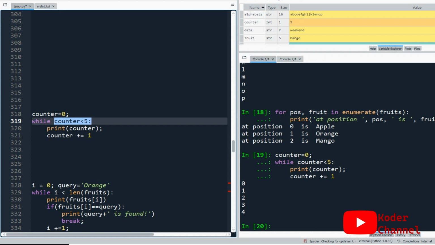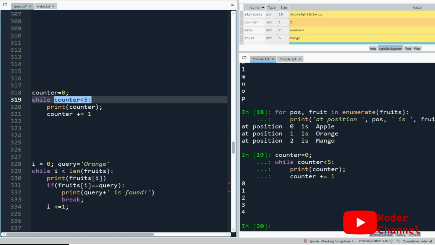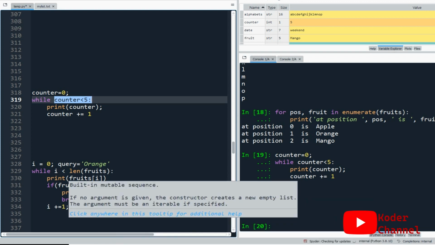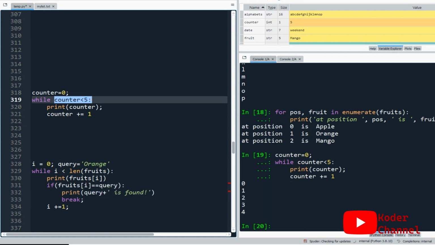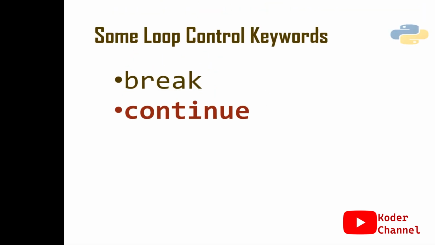Let's see the next one. In this example, I say, okay, let's say i is 0, query is orange. This example we demonstrate the use of break. Here I say some loop control keywords. Sometimes again you want to maybe exit a loop prematurely, or you want to check some conditions and say,